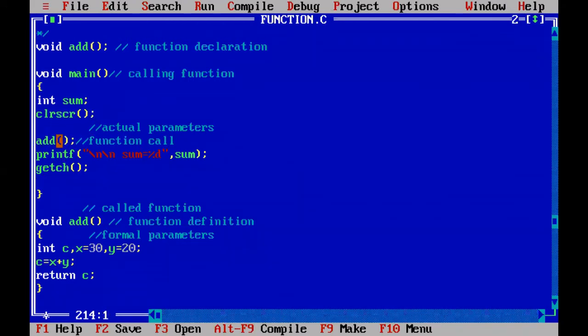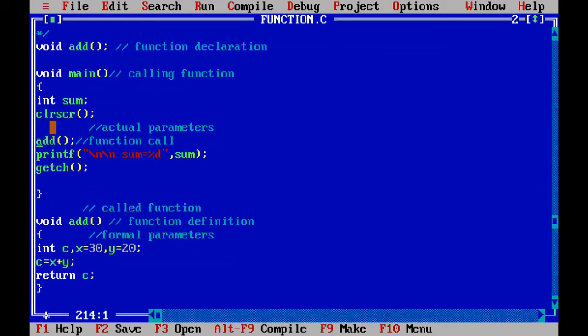When you call addition, this addition function is called, and x equal to 30 and y equal to 20, and c variables are declared, and x plus y. Why are you taking x equal to 30, y equal to 20? Why are you not passing 30 and 20 from calling function to called function?